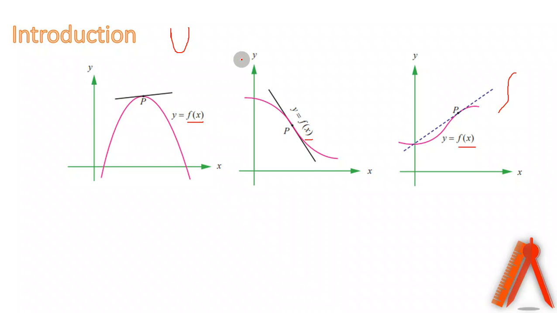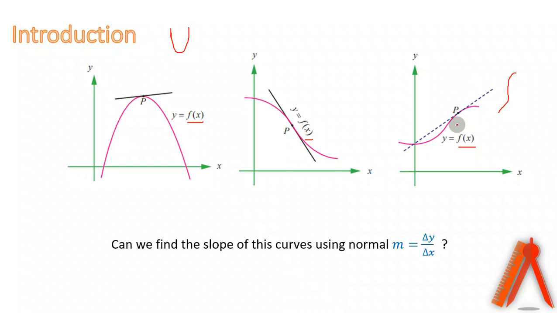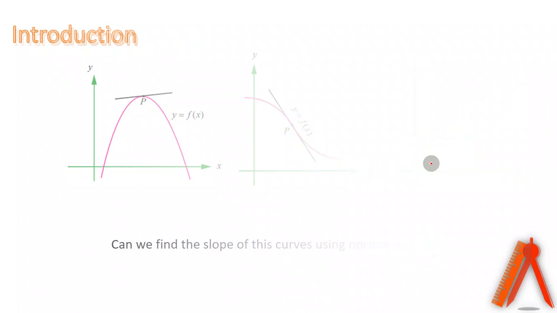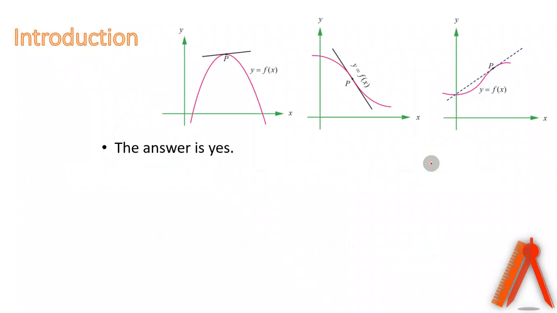So the slope, I already told that the slope m is equal to tan theta. So we can't measure the theta for these graphs. We can't measure it for this graph, we can't measure it for this graph, or even for this graph. So what's the slope for this? Can we even use the general formula m is equal to delta y upon delta x to find the slope for these graphs? The answer is yes, but it requires one more thing,